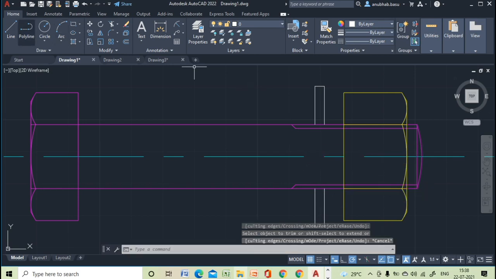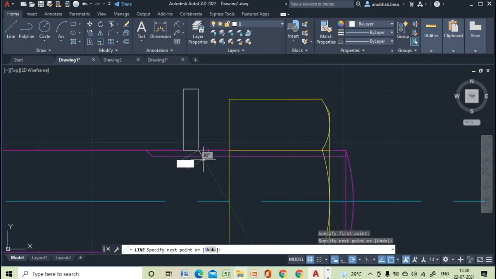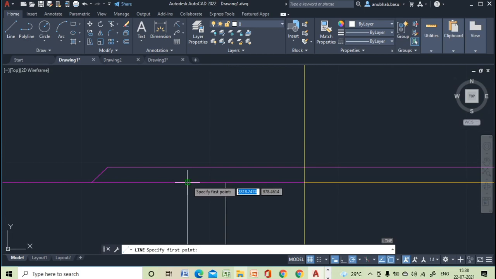Then we will connect these two points, because we have to make the portion as hatch lines, so the region should be closed.